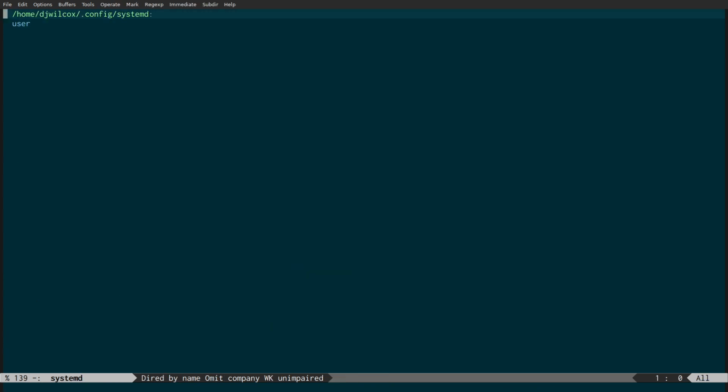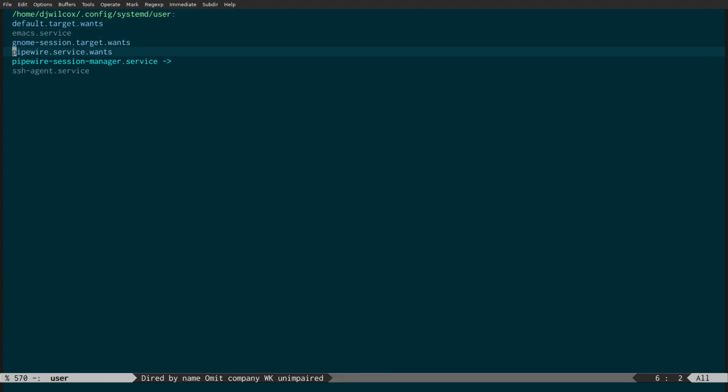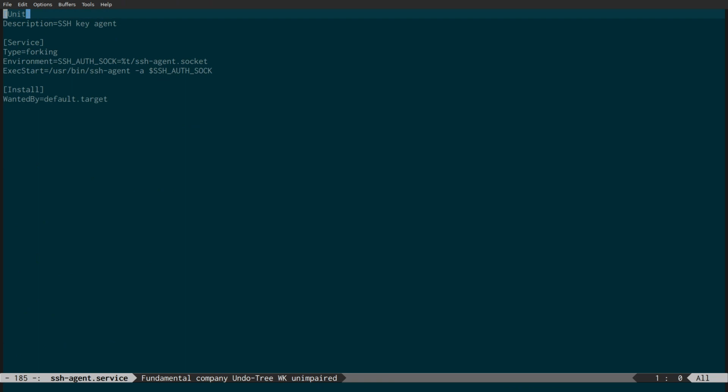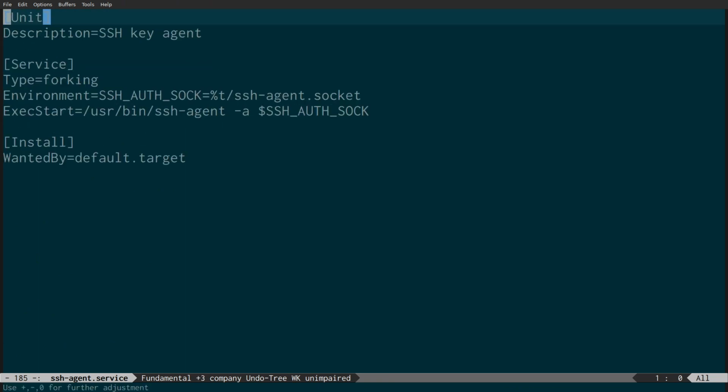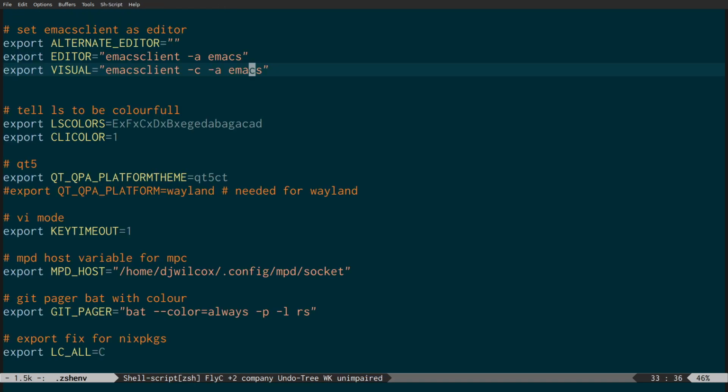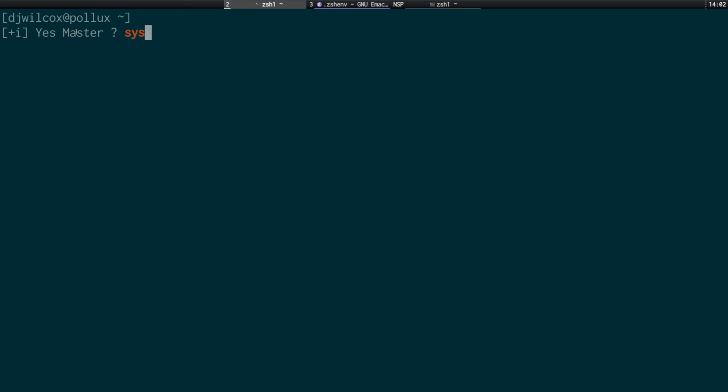systemd user ssh-agent. So this is how you start the ssh-agent using systemd. So you've got the unit description, Type=forking, the Environment here, SSH_AUTH_SOCK, like that, ExecStart. So you basically start that with systemctl --user enable